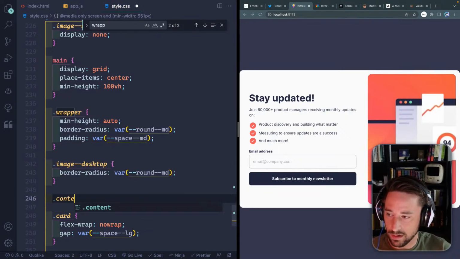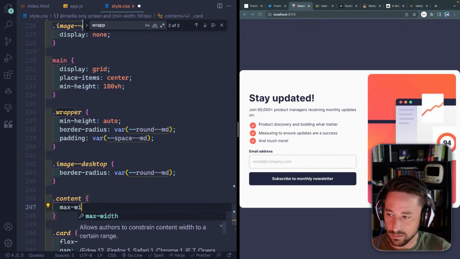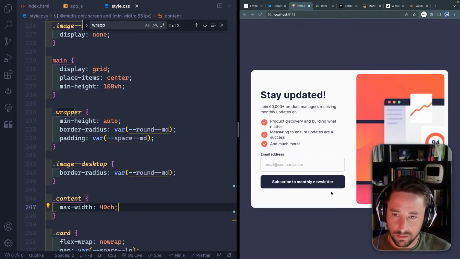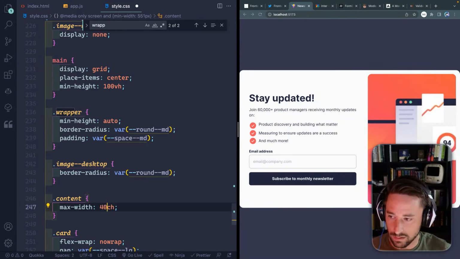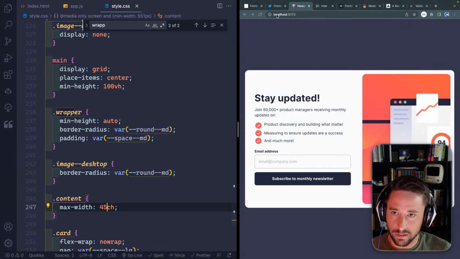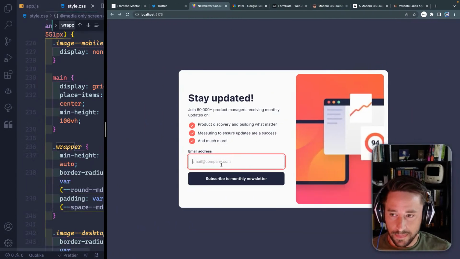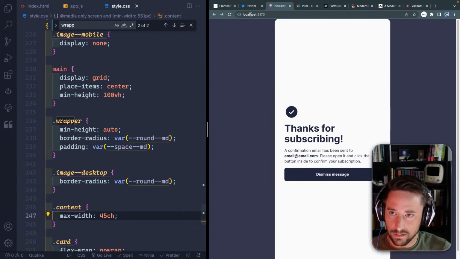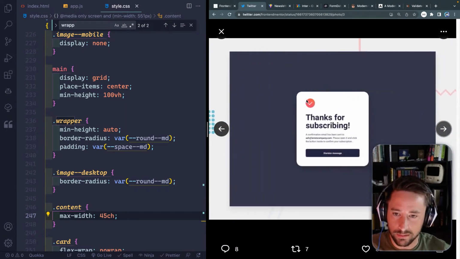Let's also take the content. See, max width here should be like 40 characters. It looks like it's just intentionally a little smaller. 45. Updates on, right? Yeah. Okay. I mean, email at email.com. I like this little animation. Enter. Thanks for subscribing. I guess here I need to also worry about the